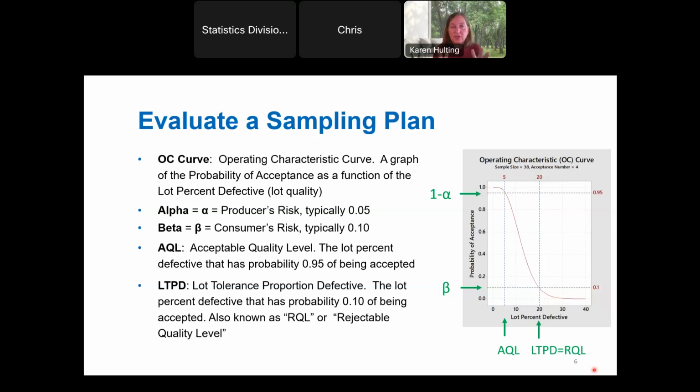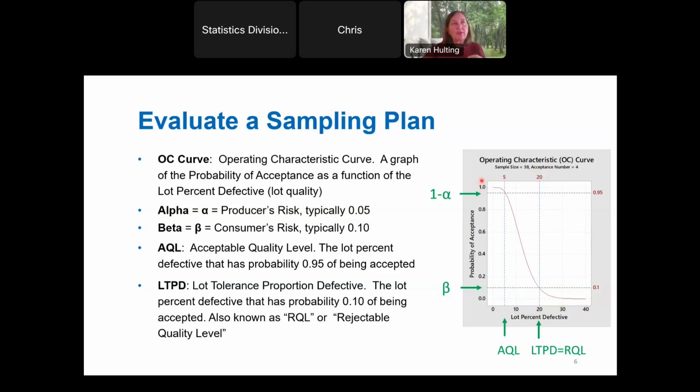The important thing about this curve is it's simply an XY curve. The x-axis is the lot percent defective. This is the true value, the percent defective in the lot we're trying to decide. Typically we don't know what that is, and so we use that x-axis as a what if. What if the percent defective in my lot was 10%? This tells us, if my lot had 10% defective, how would my acceptance sampling plan work? You don't need to know this value in order for this curve to be very useful.